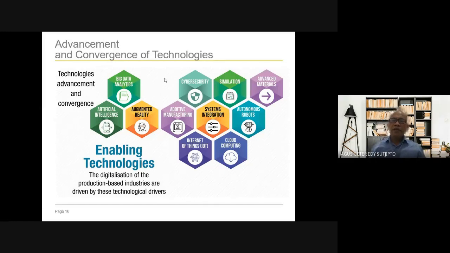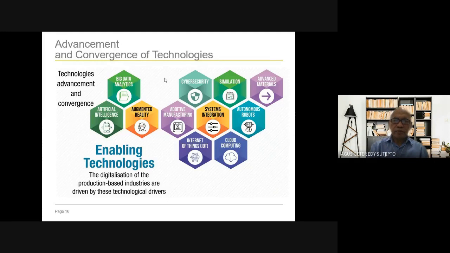And additive manufacturing. Today, based on a machine, for example, we can have computer aided design and then computer aided manufacturing, so we can interpret the design into manufacturing. From the figure, from the design, we can directly implement it into the machine.